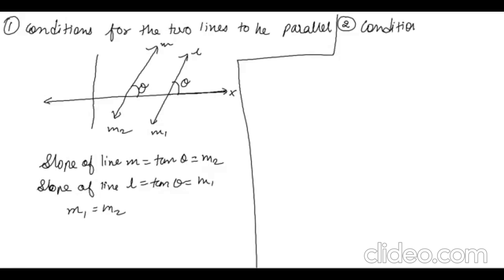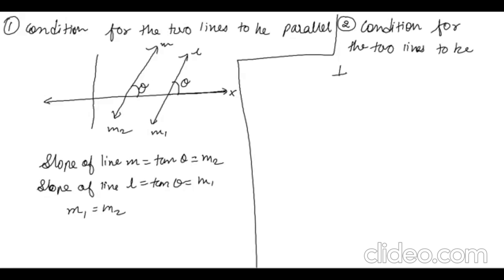Condition for the two lines to be parallel. It will not be conditions but just a condition. Only a single condition: that the slopes are equal. Now the condition for the two lines to be